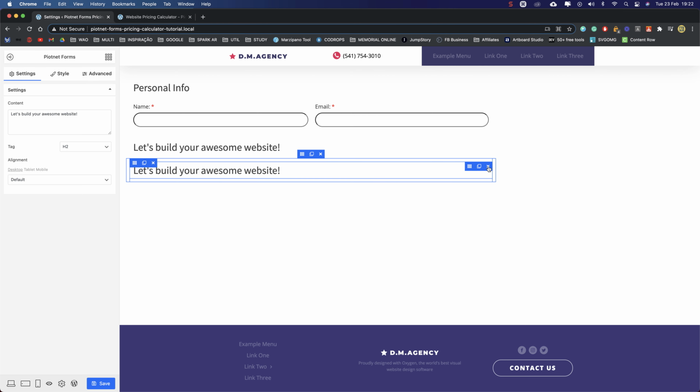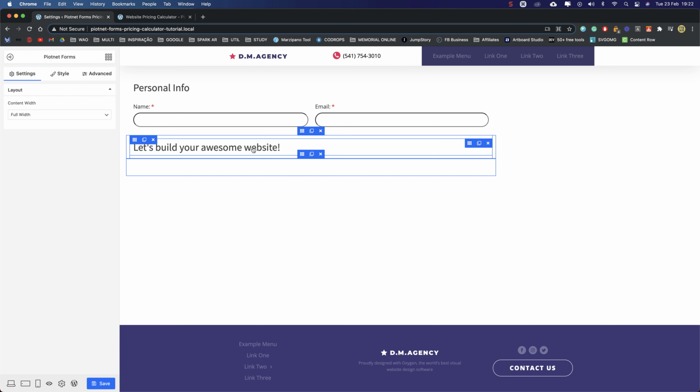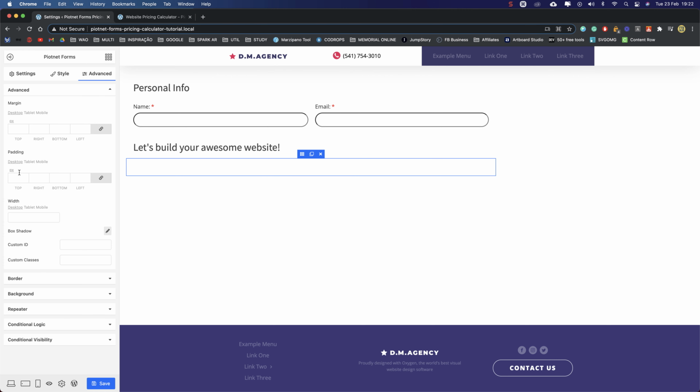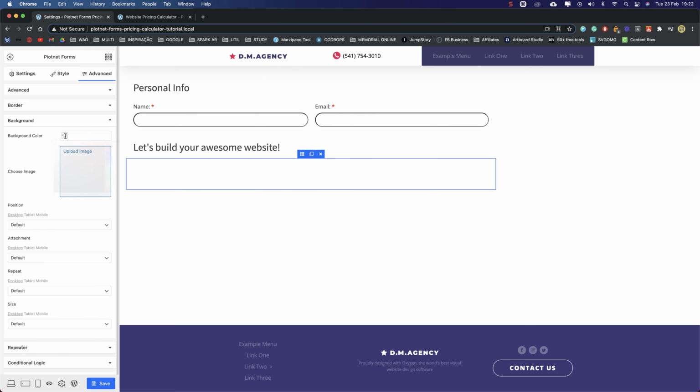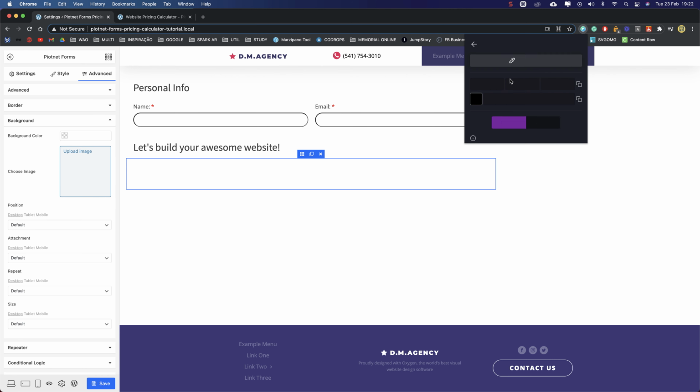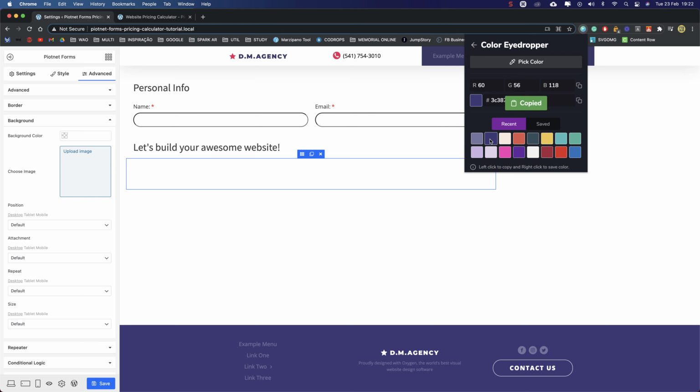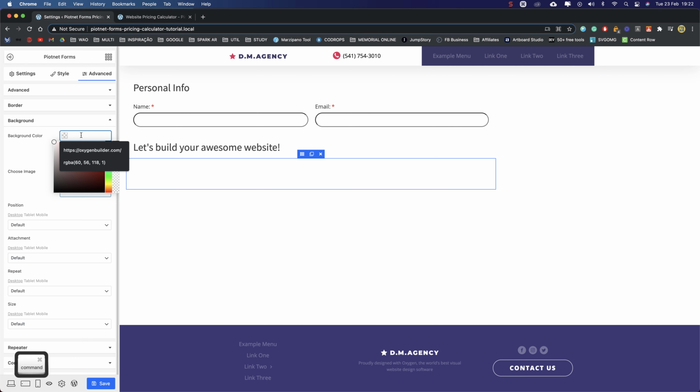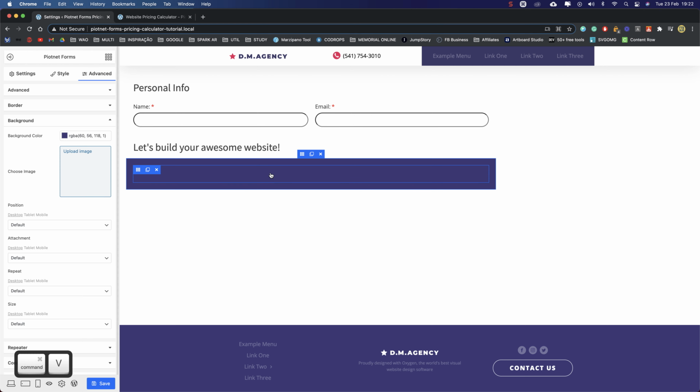Delete what's inside, and let's give this a little bit of padding. Oops. Let's add maybe 20, and let's give it a background color of, I have this color already here. We can use this, the same color that we have on the footer, and let's paste it here. Okay,